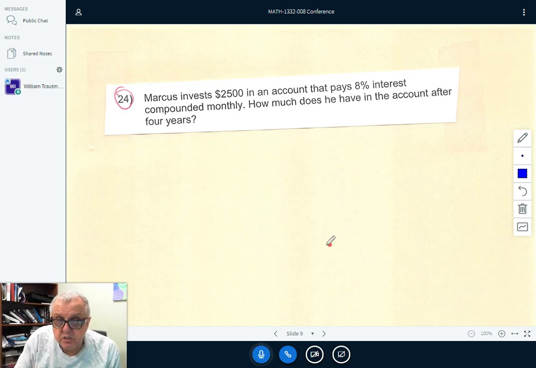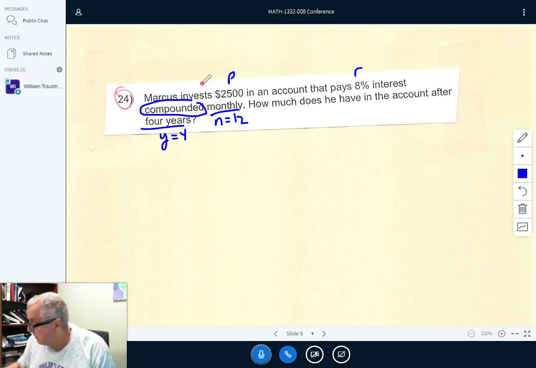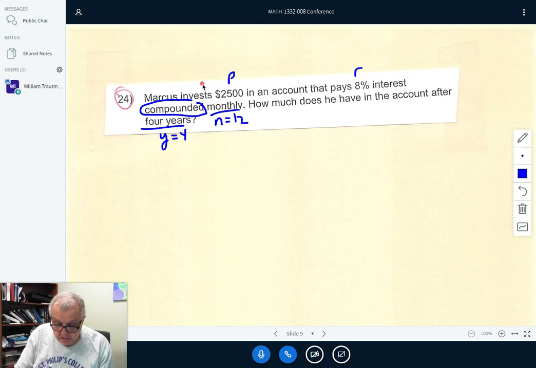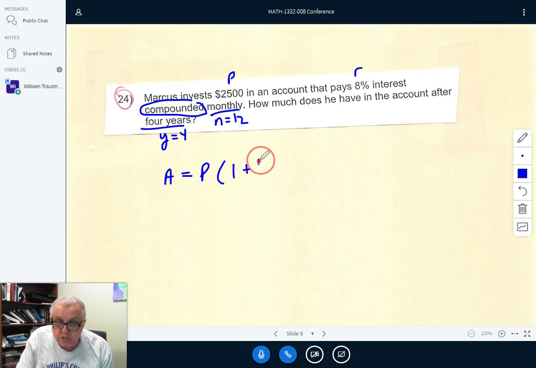So Marcus invests $2,500. That's the starting amount, the principal. This is the interest rate, compounded monthly, n equals 12 for monthly. How much does he have in the account after 4 years? Years equals 4. So we're using the compound interest formula. Grab your formula sheet, and the compound interest formula for future value, A is how much we're going to have, P times 1 plus r over n,